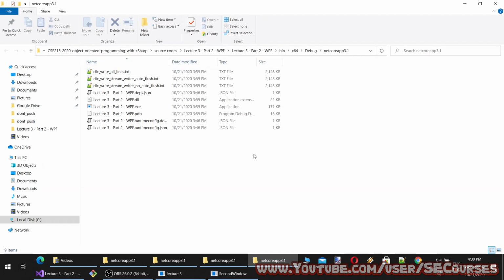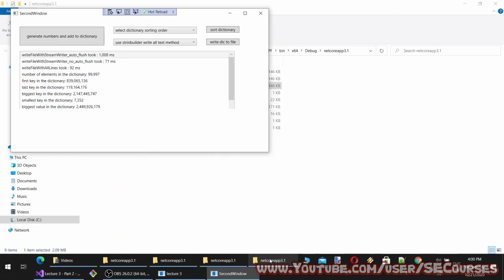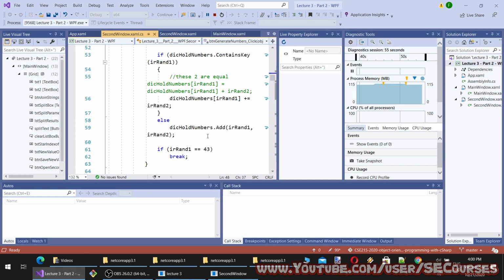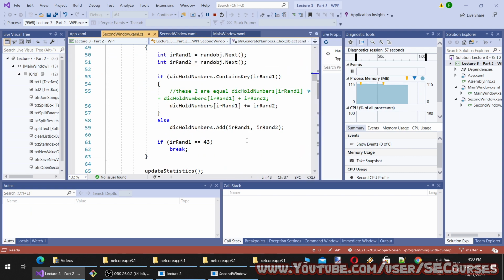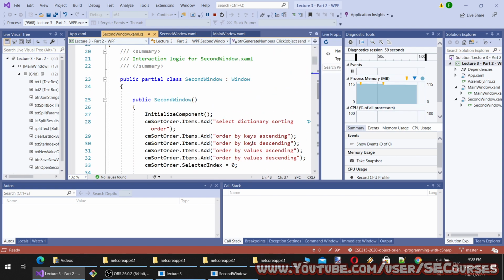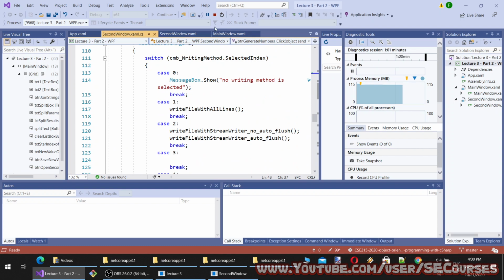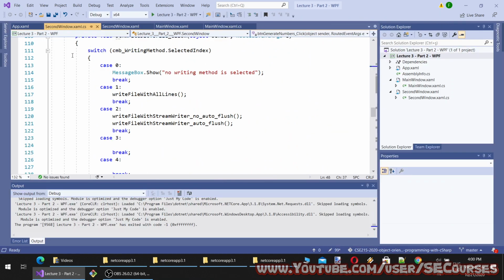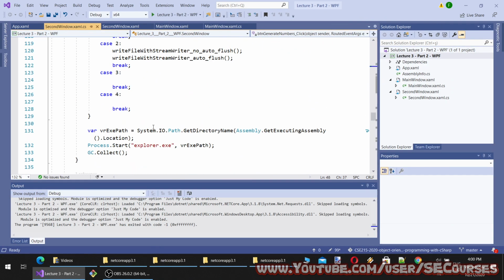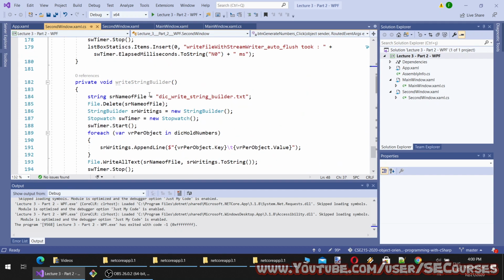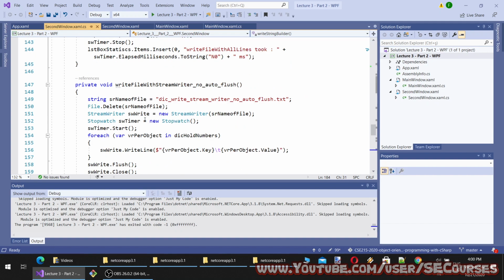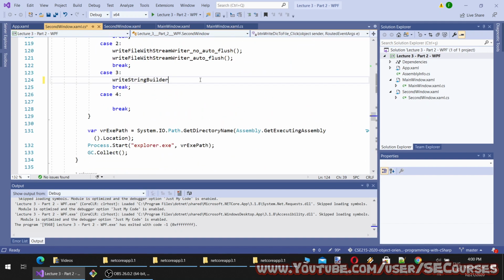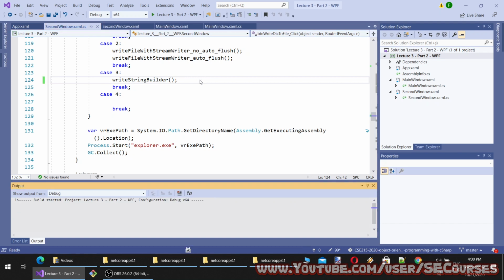The string builder method is not called yet, so we will call it here. You see, it has 0 references, so I'm going to call it here. And let's try it.